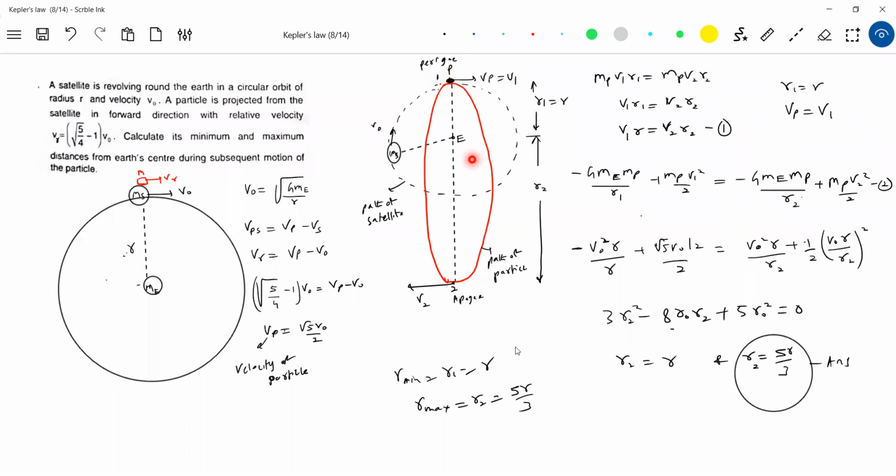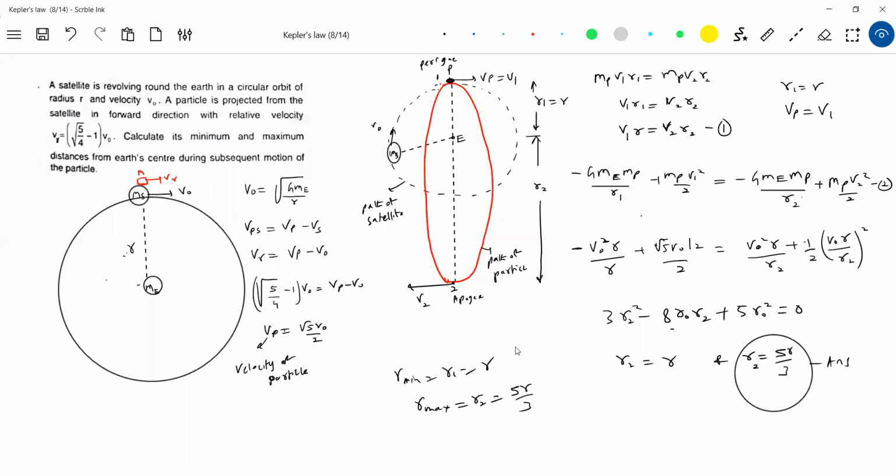Velocity of particle less than V0. Since the velocity of particle is more than V0, it will describe a circular orbit and an elliptical orbit with Earth as one of the foci. The point of projection is perigee. If the velocity of the particle is less than orbital speed, it is going to describe an elliptical orbit with Earth at one of the foci, and the point of projection will be apogee.